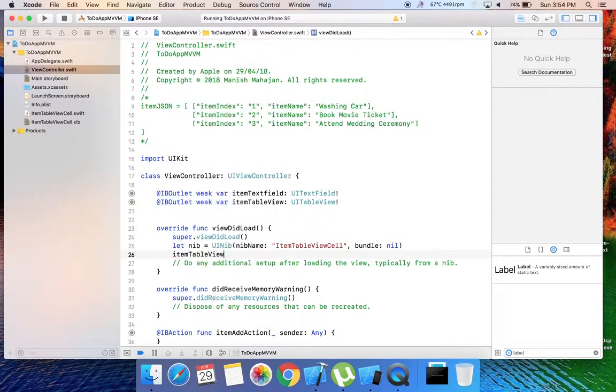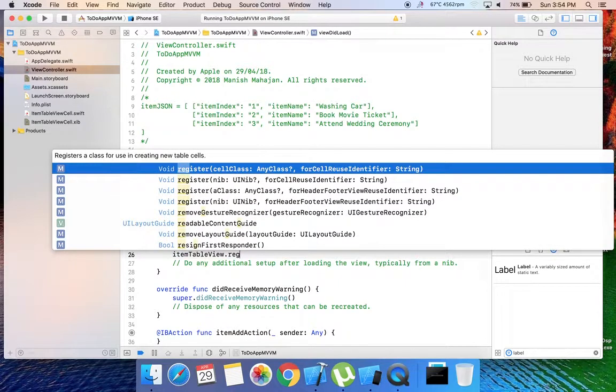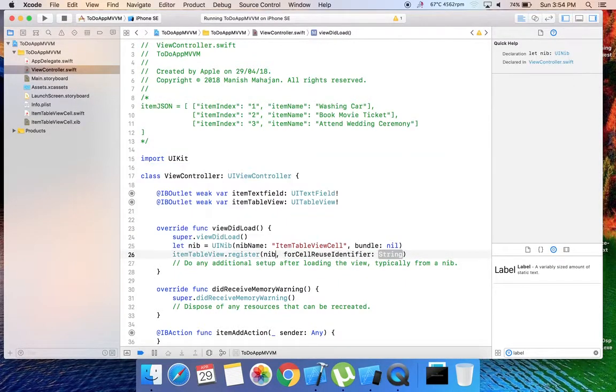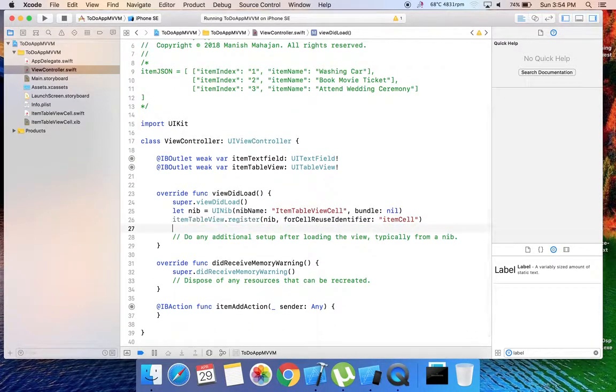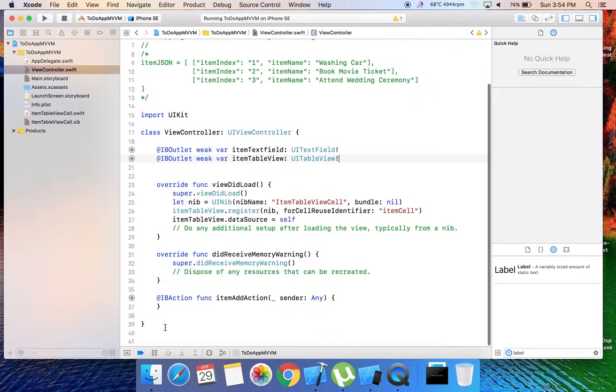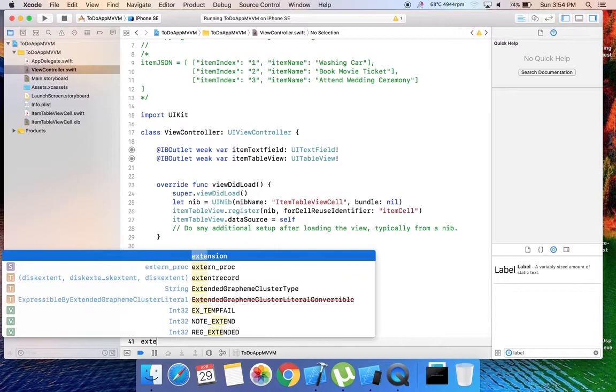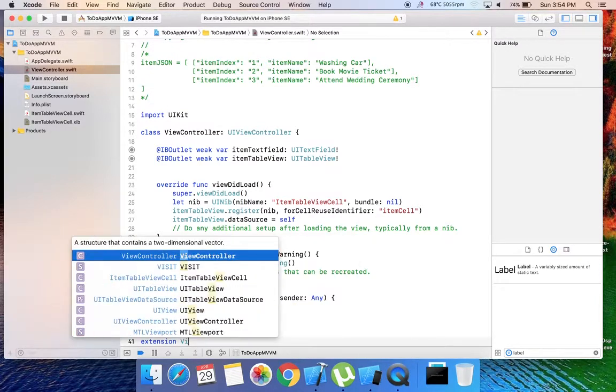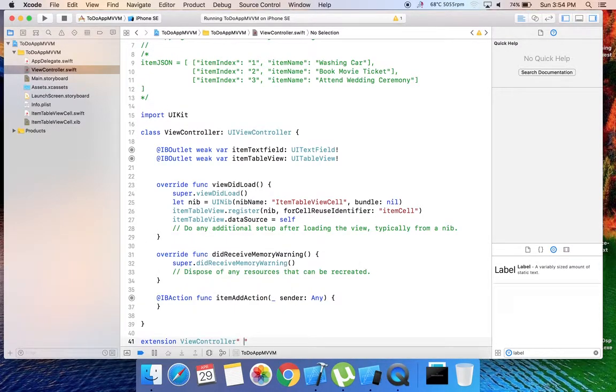Let's register the nib: item table view dot register nib with identifier item cell. We have to implement the data source method for item table view. Let's create the extension for view controller,